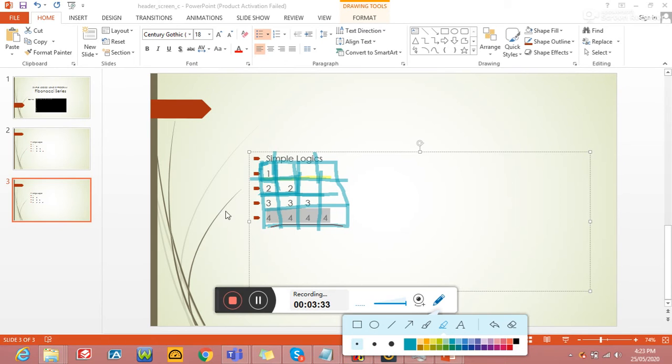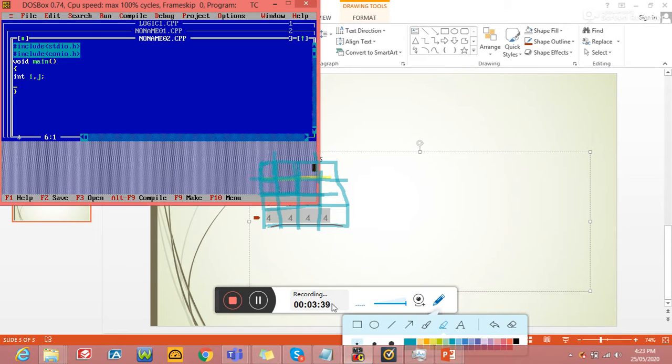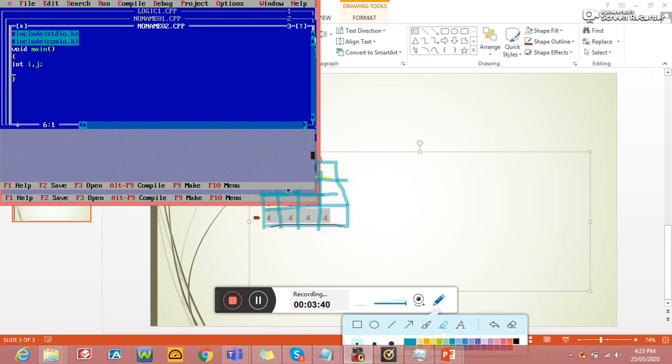Okay, so I'm using these three variables. And what is the limit of this grid? Say now we are showing only 4, so I am hard coding that 4 value also. So I am taking one more variable called x. Now I'm taking 4 rows, with i plus plus, and also I have to take columns.